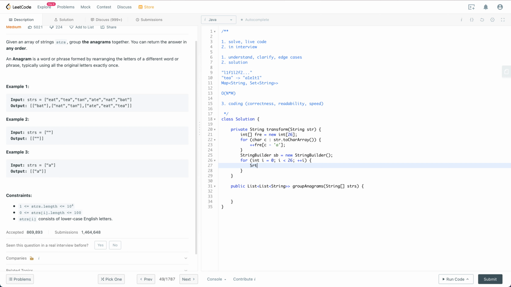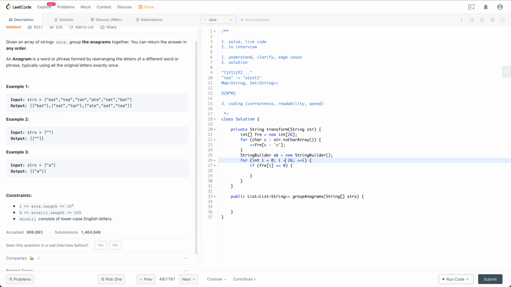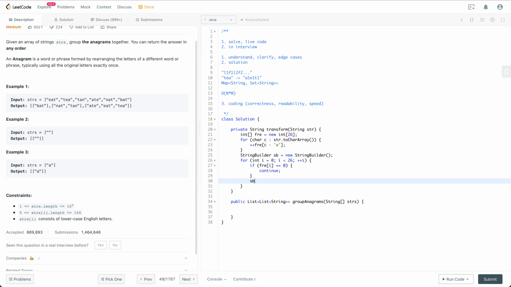So sp dot append. So if free[i] is equal to 0, then we are just going to continue here, and otherwise we are going to append it to the end of the string. So it would be something like char, to turn this into a character. This is a plus i,